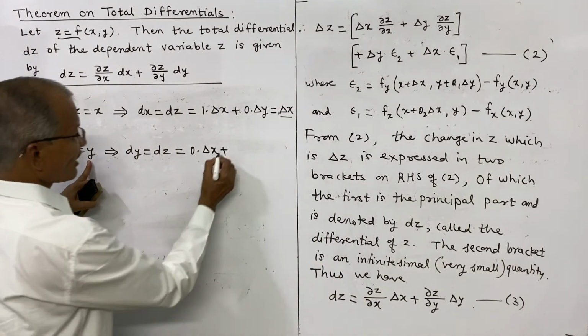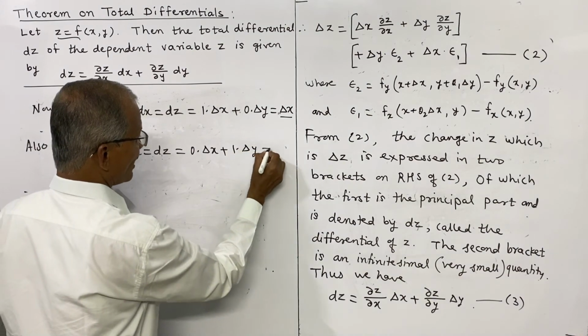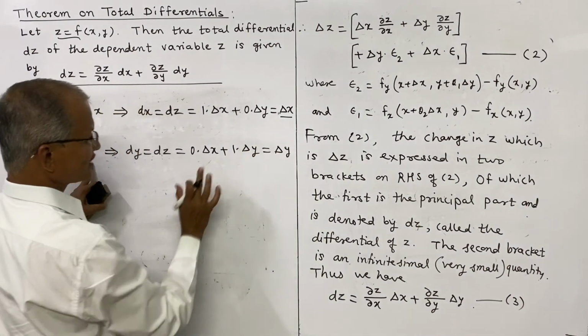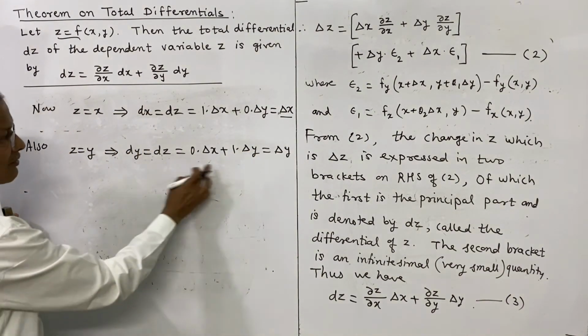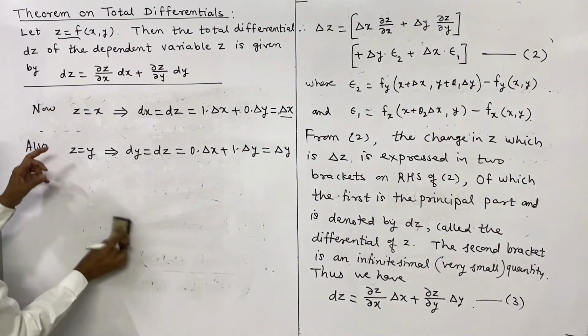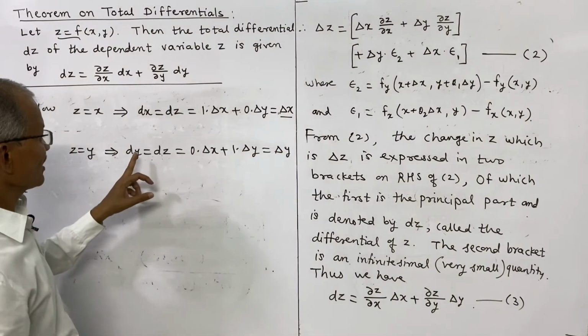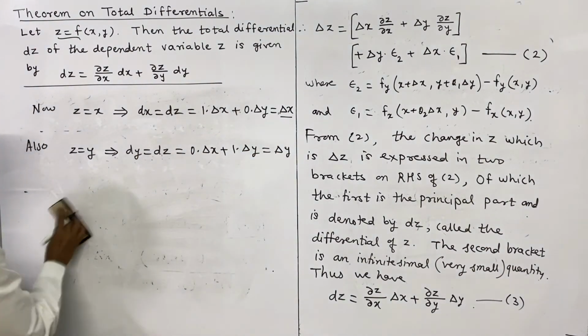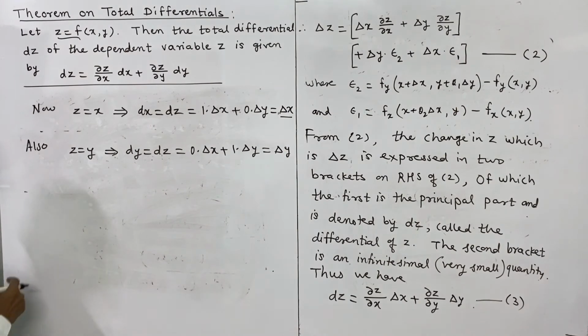It is 1, so 1 into delta y, and that is delta y. So dy is equal to delta y, and therefore, using these values, dx is delta x and dy is delta y, 3 becomes